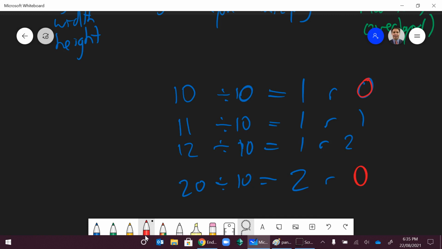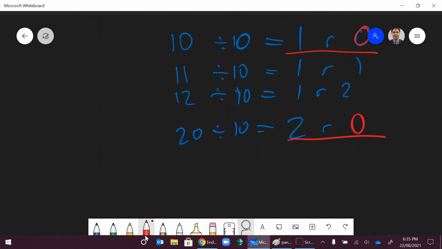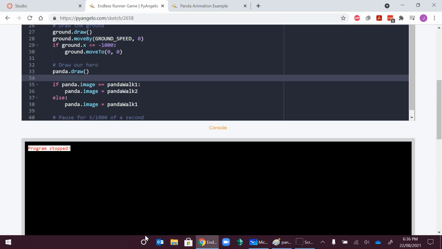So when the frame's equal to 10 and I divide by 10, the remainder will be 0. When it's equal to 20, the remainder will be 0. When it's equal to 30, the remainder will be 0. So I can do that using what's called a modulus operator, which is the percent operator. So if I do the frame, whatever our frame's up to, modulus 10, if I check if that's equal to 0, I know it's the 10th frame. So I can just do that in my code. So if the frame modulus 10 is equal to 0,